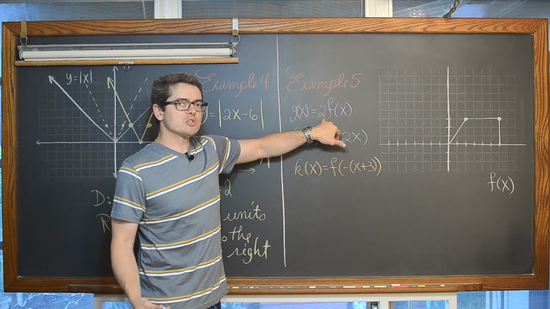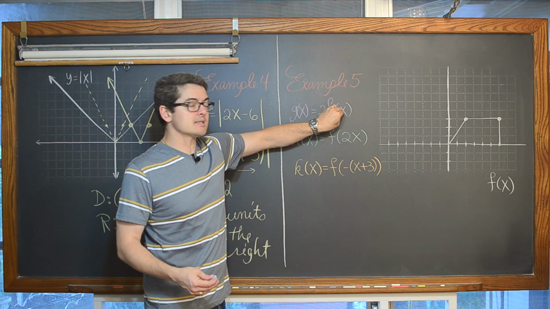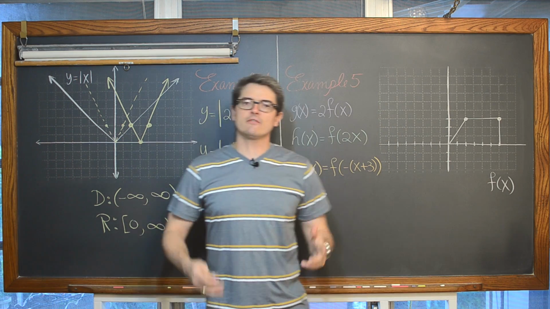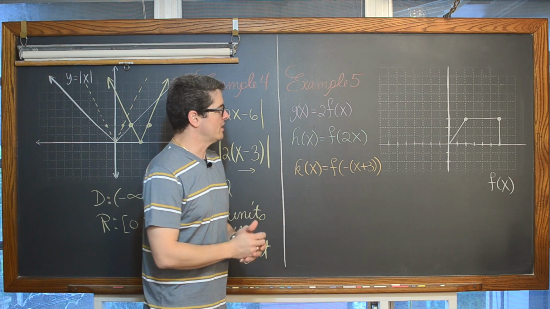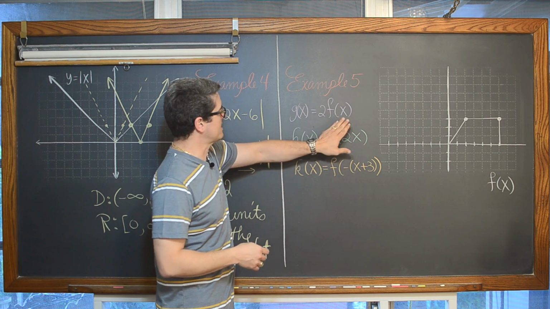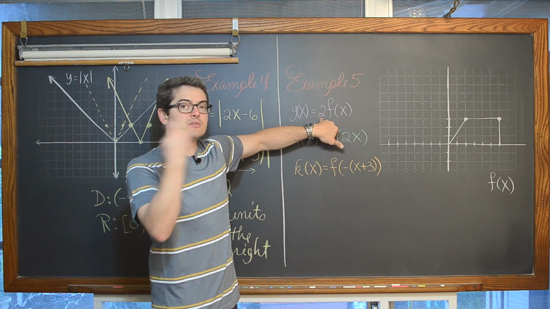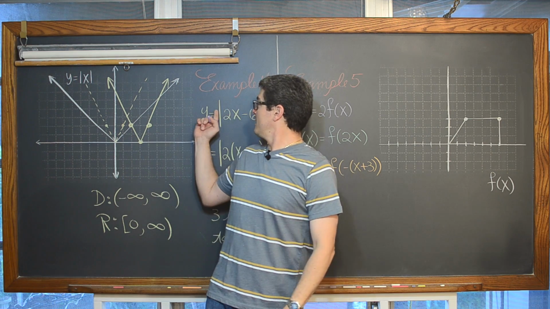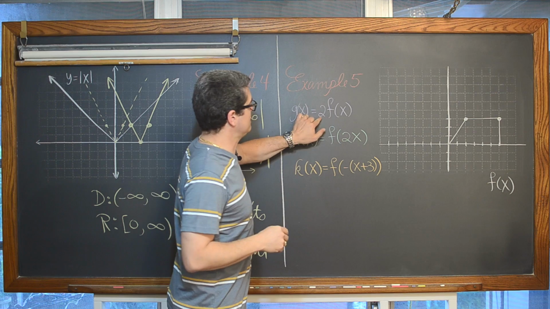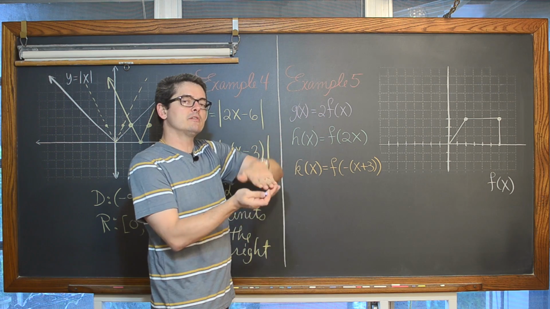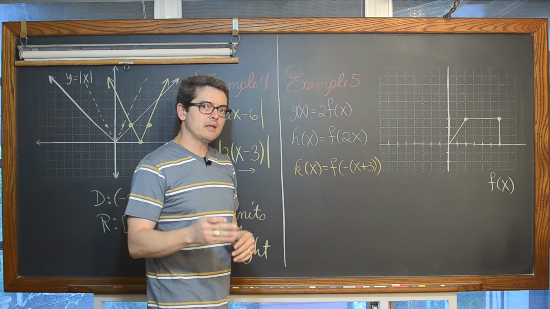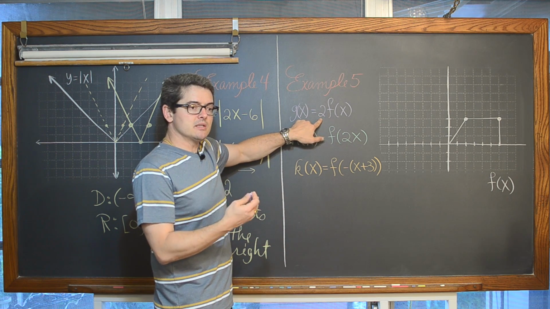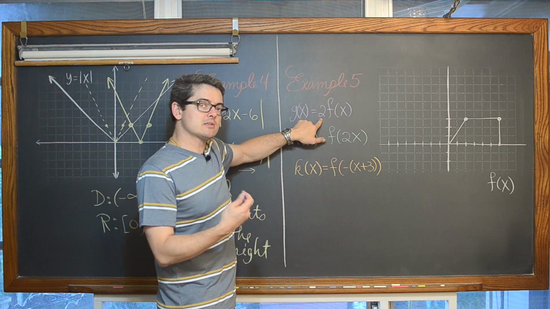Well, now, this multiple of 2 is not inside the function, it's not inside the absolute value function or whatever function you're dealing with in your particular equation. Of course, you probably chose this video because it said absolute value. But this 2 is outside the function, so it's in front of a square root, in front of a logarithmic function, in front of an absolute value function, and that means that this is an a value of 2, and it's going to vertically stretch the graph. Not make it skinnier. Vertically stretch the distance that each point is away from the x-axis by a multiple of 2.